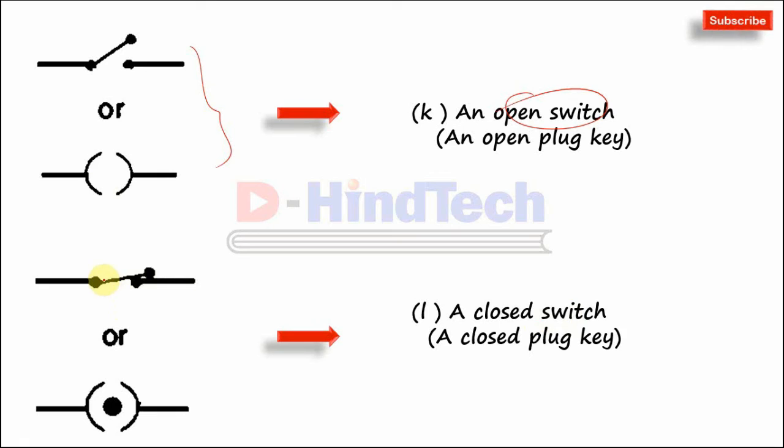And then for the closed switch, here simply touch this inclined line to this horizontal line and close the gap between them, and simply for this just put the dot, but a broad dot inside these brackets. Okay, and then we can use it for a closed switch in the circuit diagram.